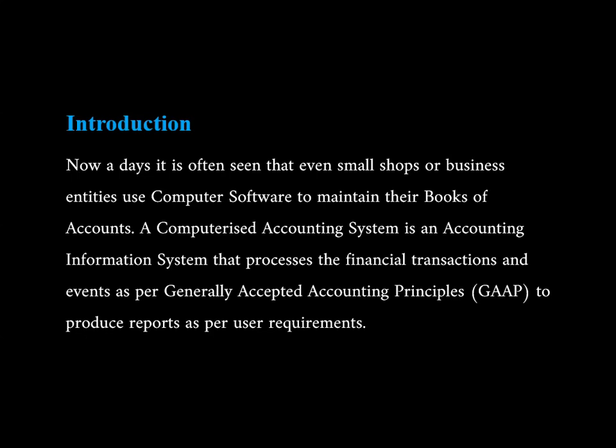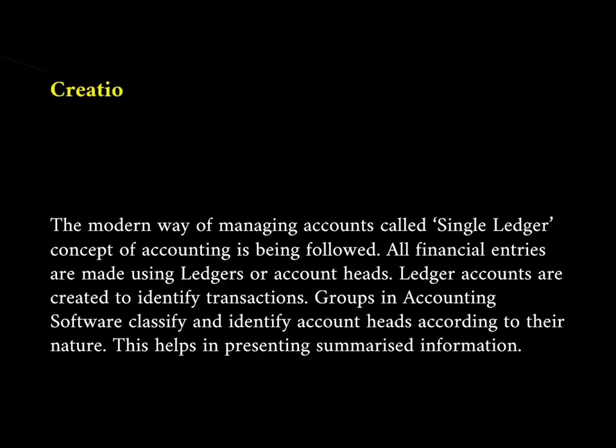Once you calculate GST, then comes posting of transaction into the accounting voucher or inventory voucher. And once you have done the posting, then the reports will be created such as the balance sheet, income, expenditure, cash or bank flow statement. Okay, and finally you have to print these reports. So that is the process of accounting software. Now let's see how we can create a company.